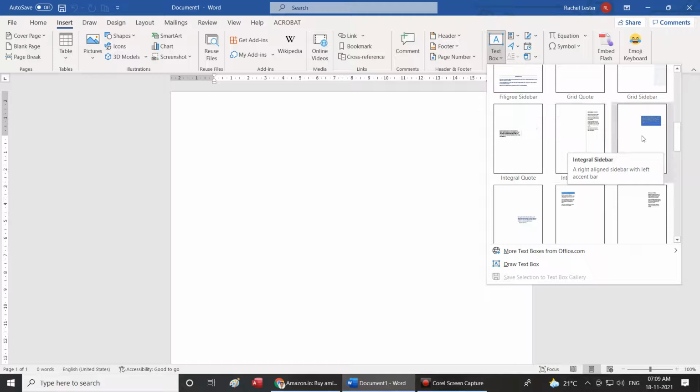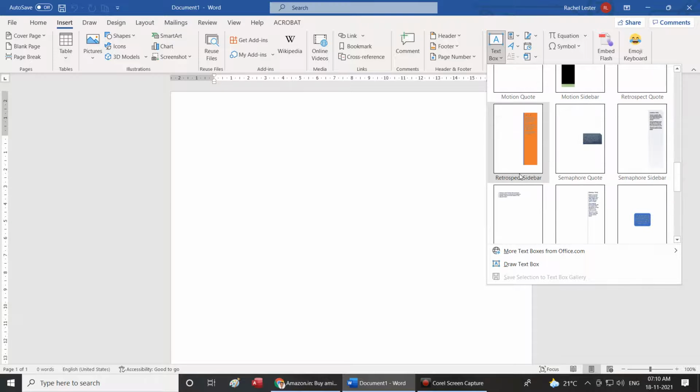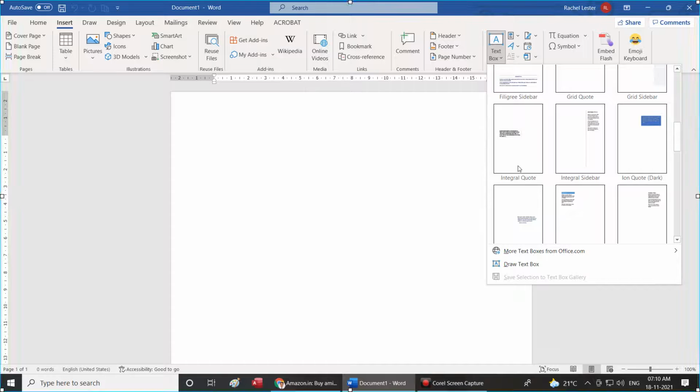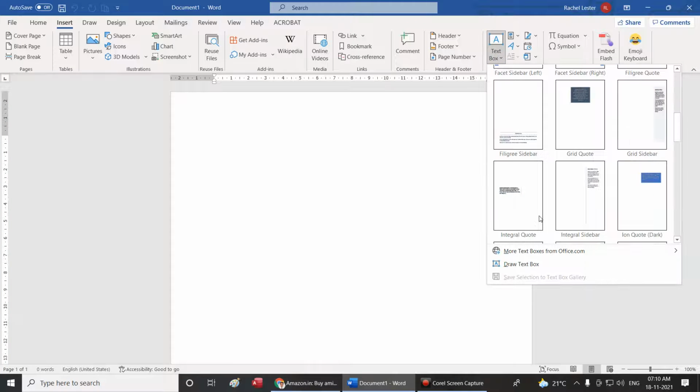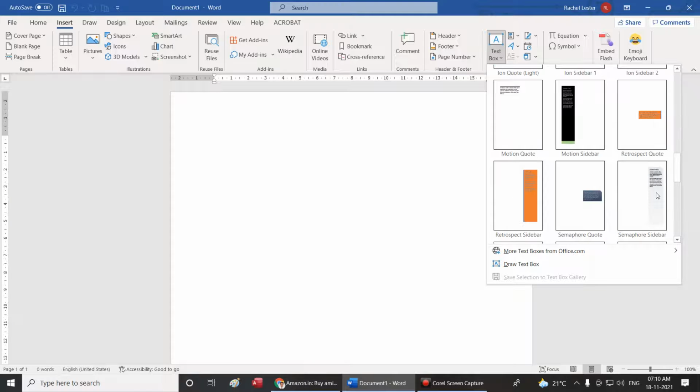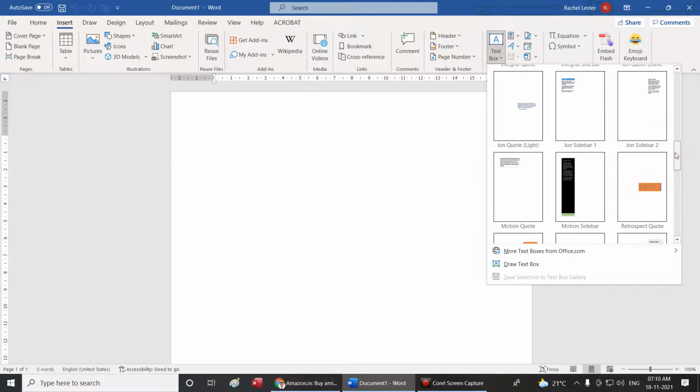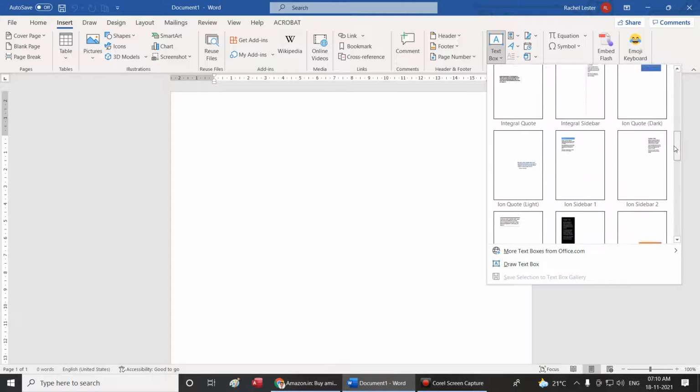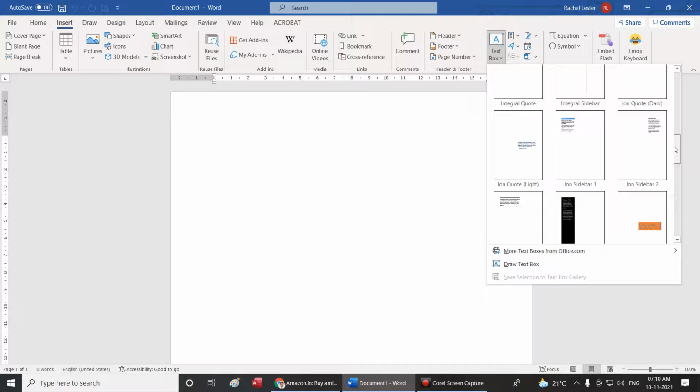The next one is ion quote (dark). Next was ion quote (light).